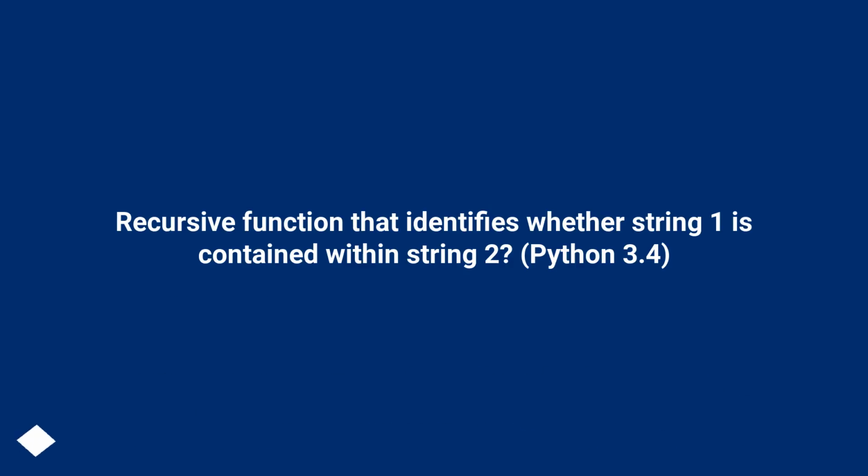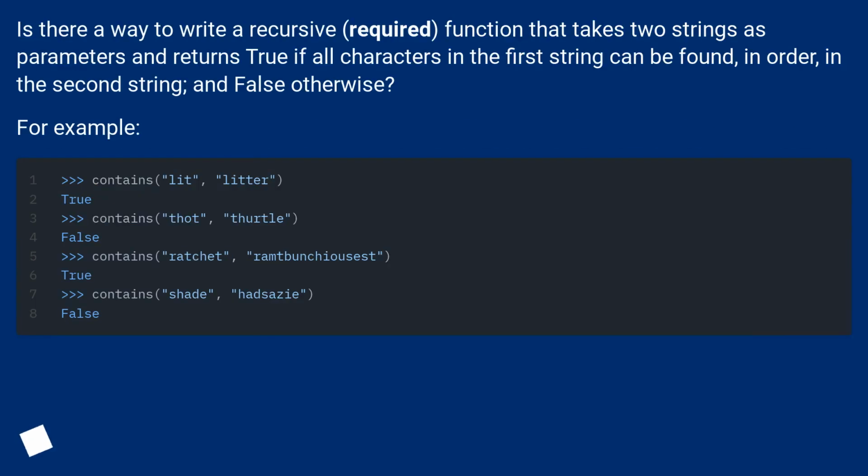Recursive function that identifies whether string 1 is contained within string 2? Python 3.4. Is there a way to write a recursive, required, function that takes two strings as parameters and returns true if all characters in the first string can be found, in order, in the second string, and false otherwise? For example,